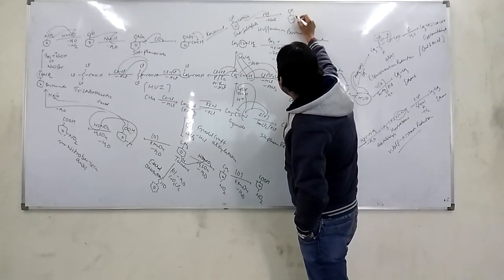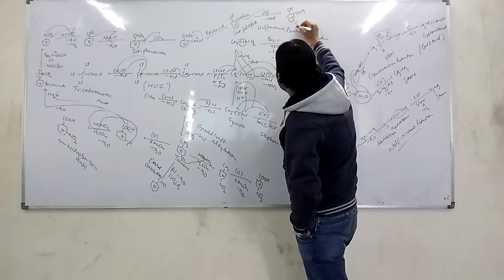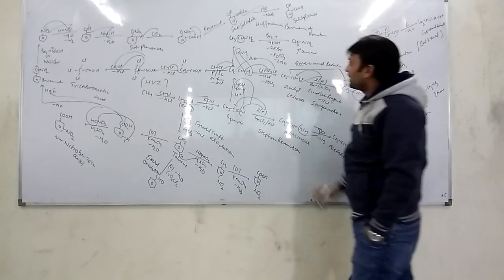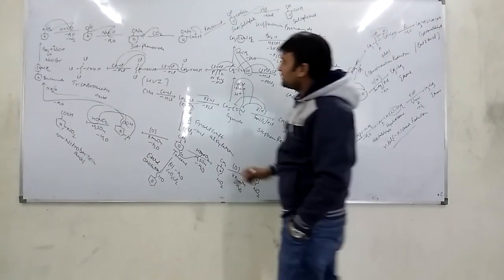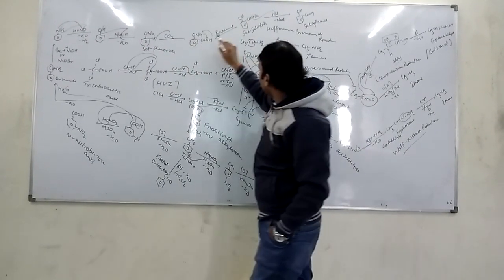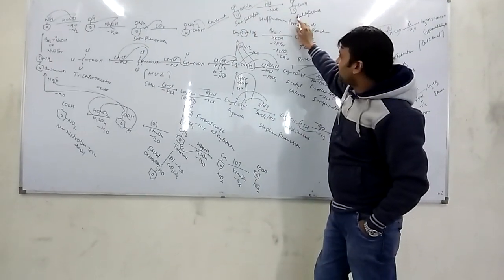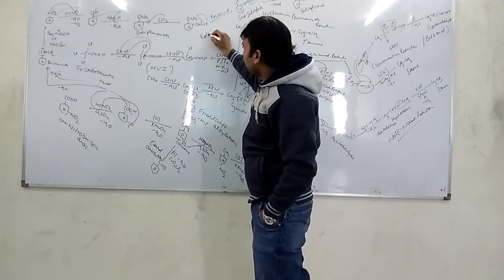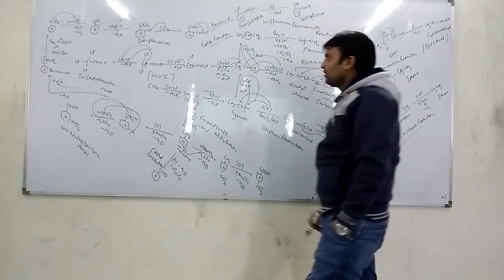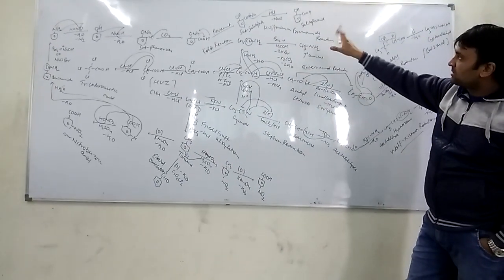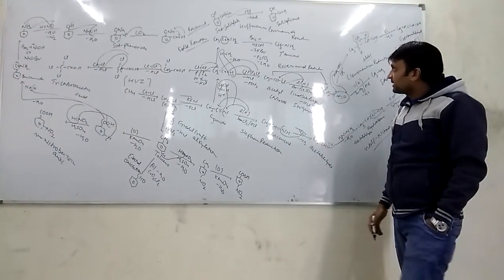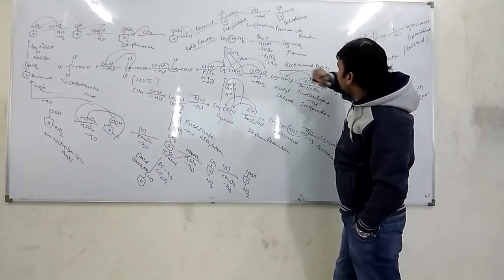This is OH and this is COOH. What is this? This is salicylic acid. This compound is known as salicylic acid, and this reaction, the conversion of phenol into phenoxide, then sodium salicylate and then salicylic acid, is known as the Kolbe reaction. The most important reaction of phenol, the conversion of phenol into salicylic acid in a number of steps, is known as the Kolbe reaction, and this compound is called salicylic acid.